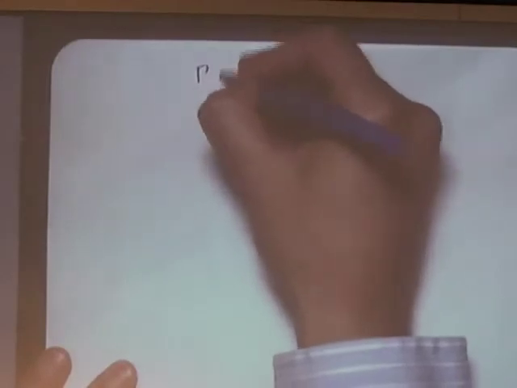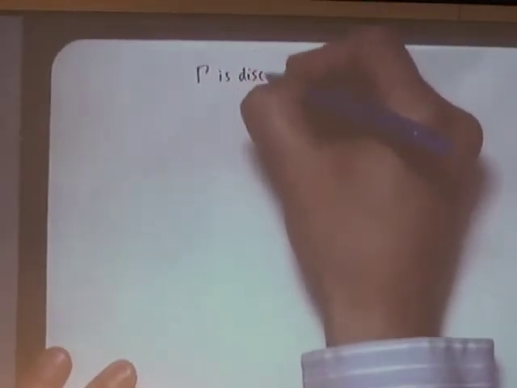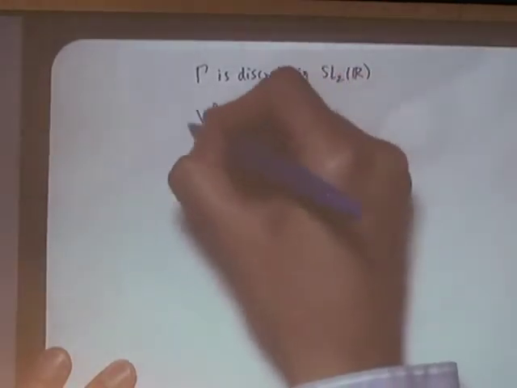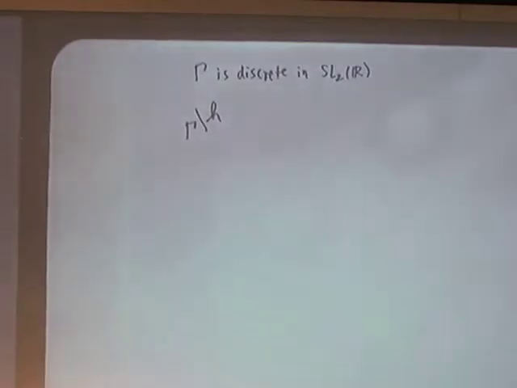All right, and now you can do all the same things that you did with gamma naught of n. Namely, you have an action of SL2R on the upper half plane, so you can take the quotient. It turns out this is a discrete subgroup, so gamma is discrete in SL2R. So you can take this quotient, H mod gamma, the upper half plane mod gamma. This is the analog of the curve. So if, for example,